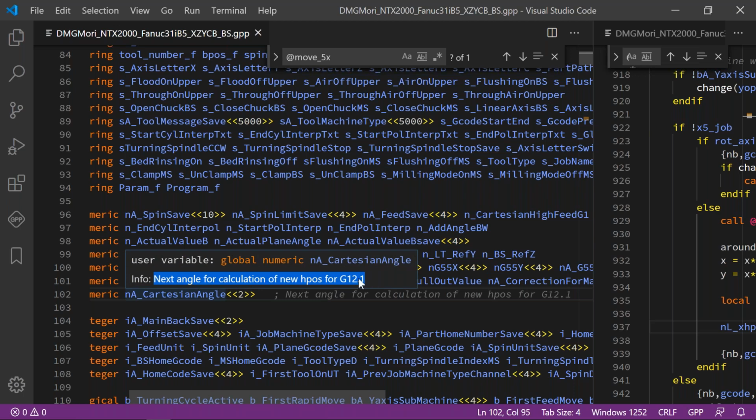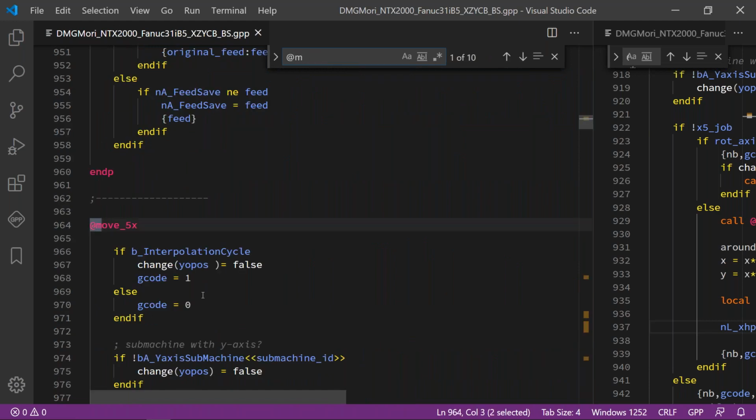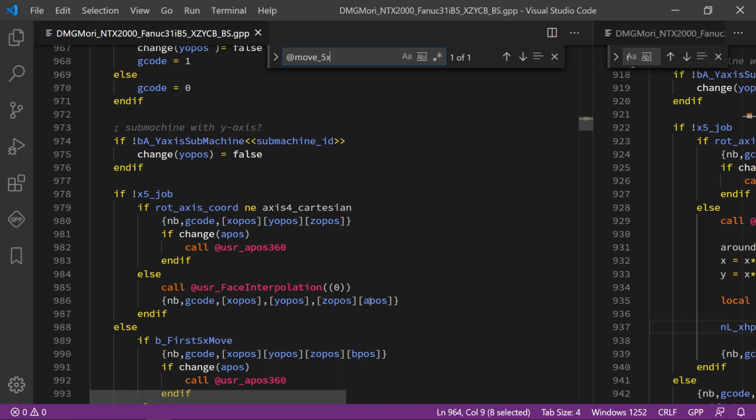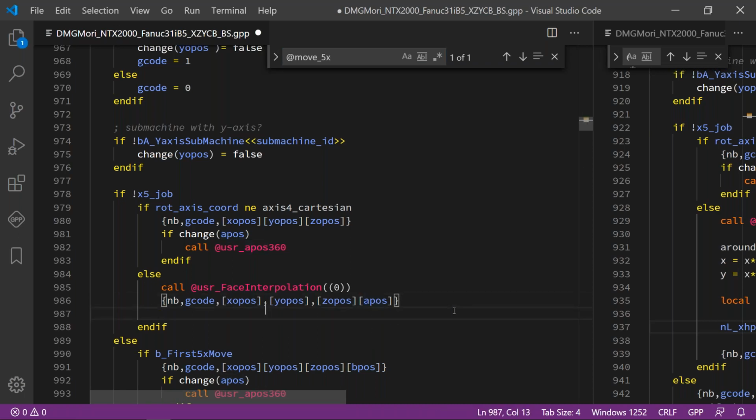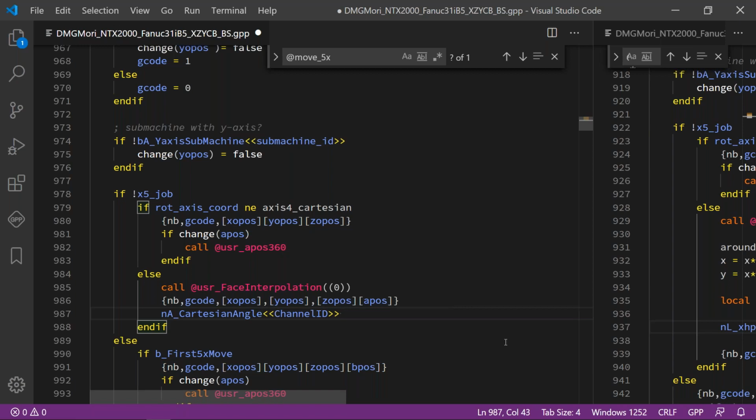This is so valuable when you go to the bottom. And it also says that it's a user variable. Okay, so now I will take this one and I'll go back to that move 5 axis. And here we are. We are here in the APO set. And what I'm going to do, I will just say that this angle that I just did is for my channel ID. By the way, it can also be turret ID, depending on